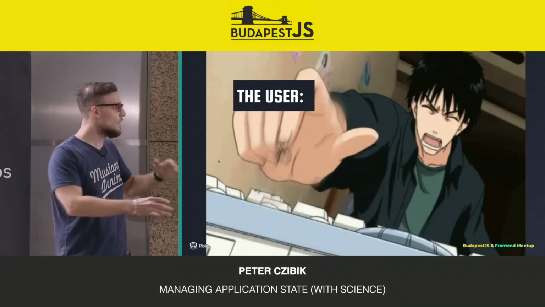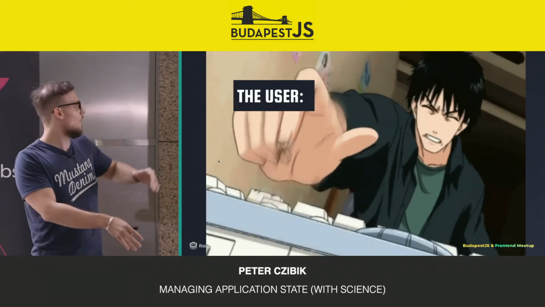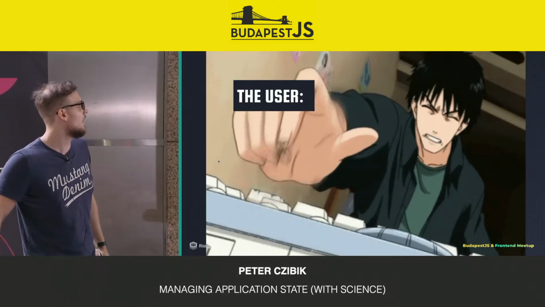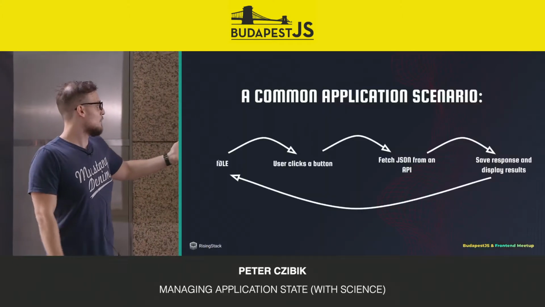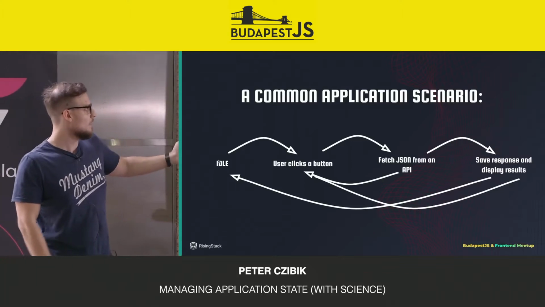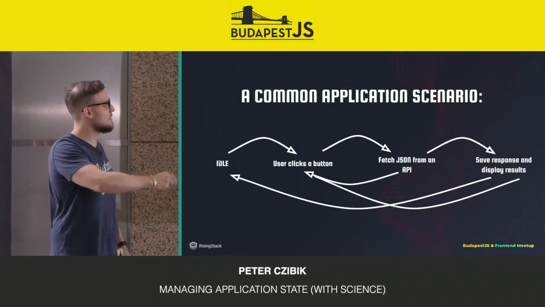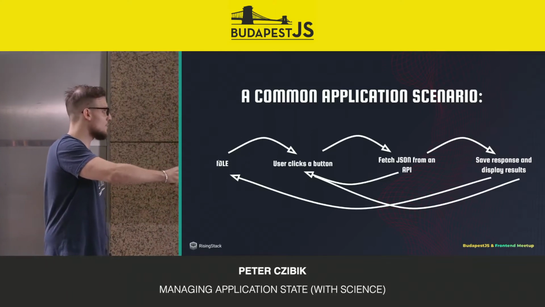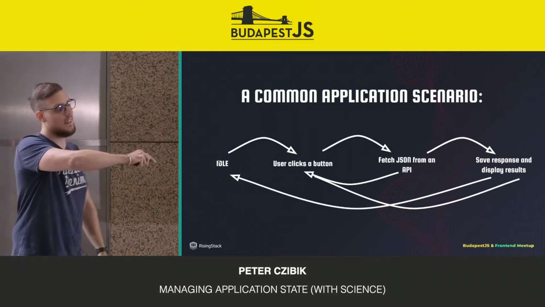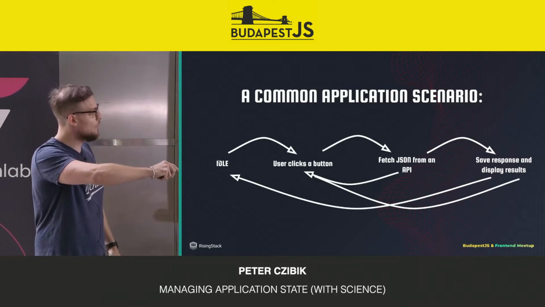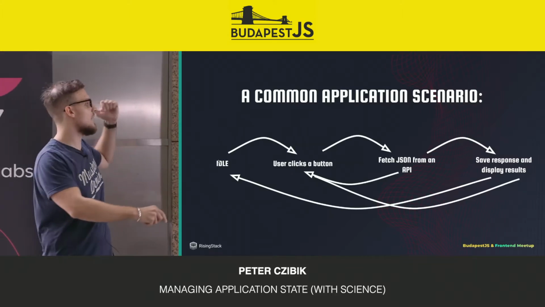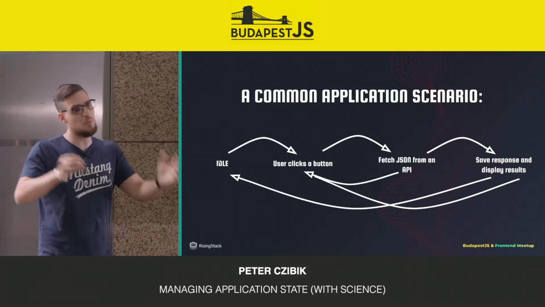It loads slowly, and then the user starts to click the button, and hey, I want this piece of software to work. And then this is what happens. You have idle state, the user clicks the button, you're fetching the JSON from the API, and then in the middle of that, the user clicks the button and it triggers again, and then you get into some sort of loop, and it triggers fetches multiple times, and it saves the response,